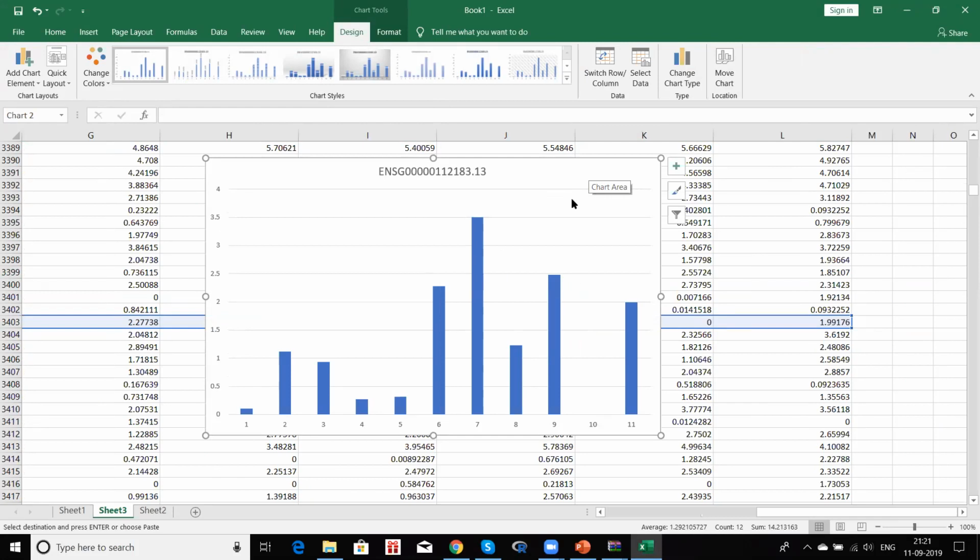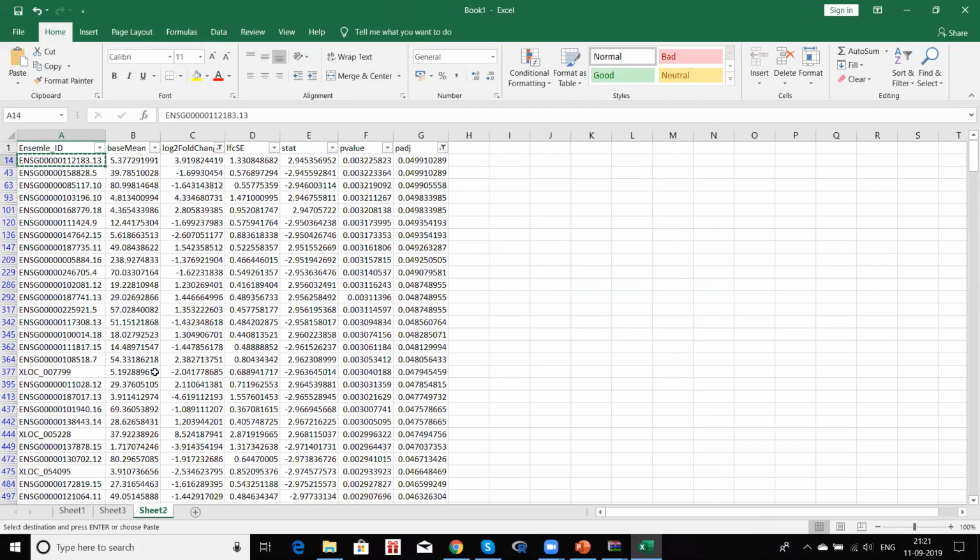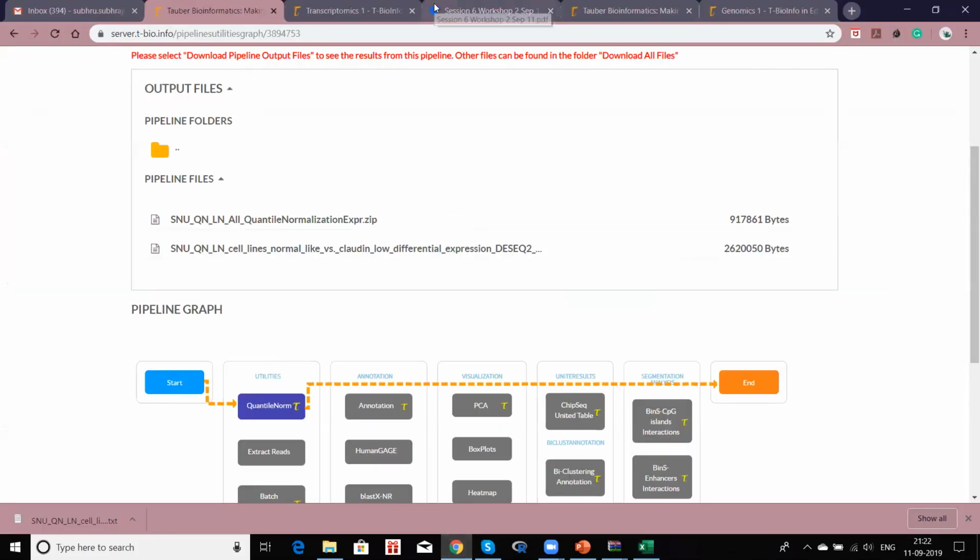So here, if you look at the 6 and 7, this does show a higher than a log 2 difference. So we can see, yeah, that's a significant difference. And if you compare the first group versus the second group, then obviously it's a very high difference. And that's why it came up as the first differentially expressed gene, top of the list in our DE-seq2 result, right? So I think you have got an idea of how to analyze